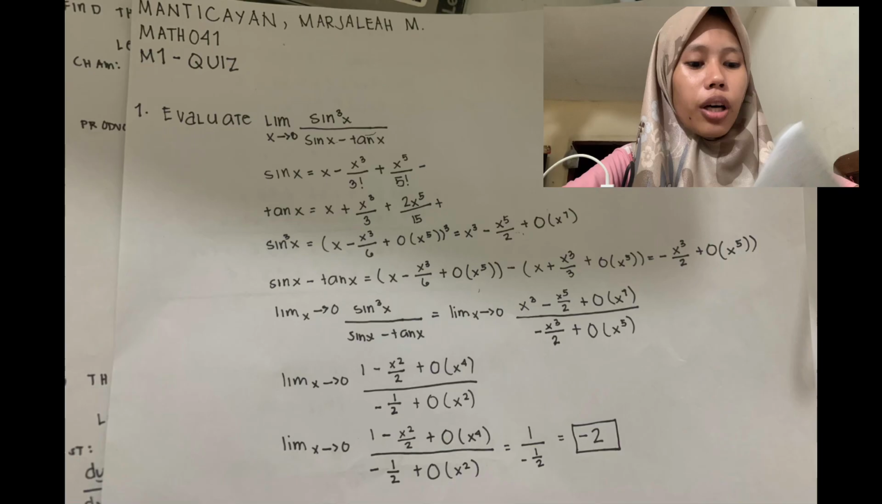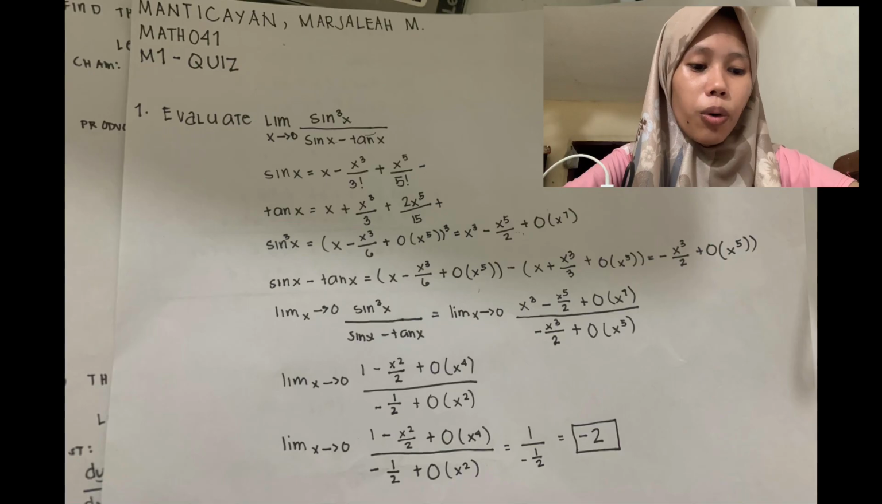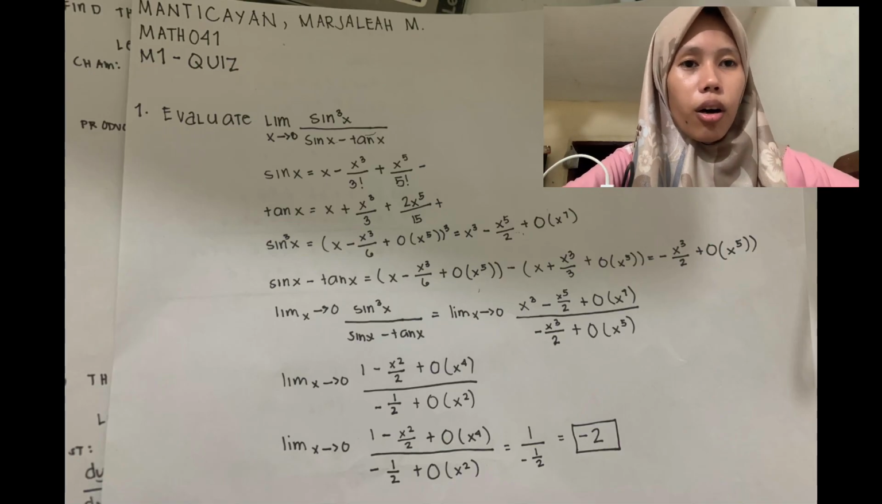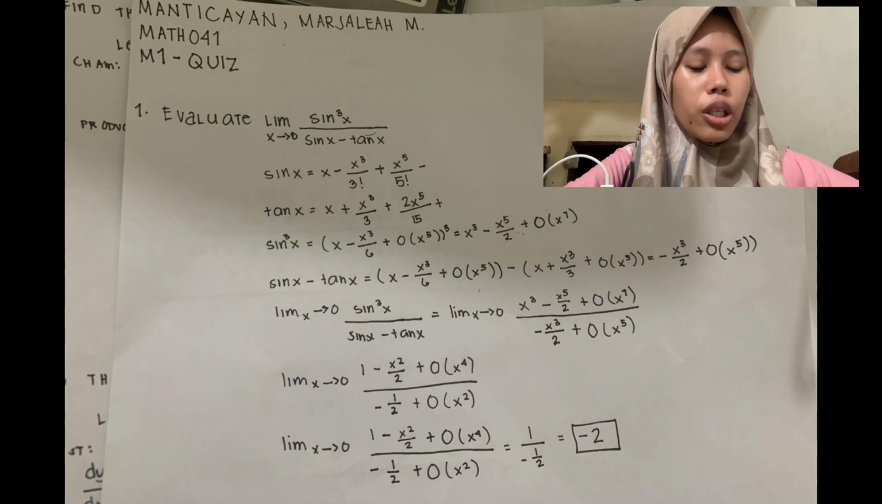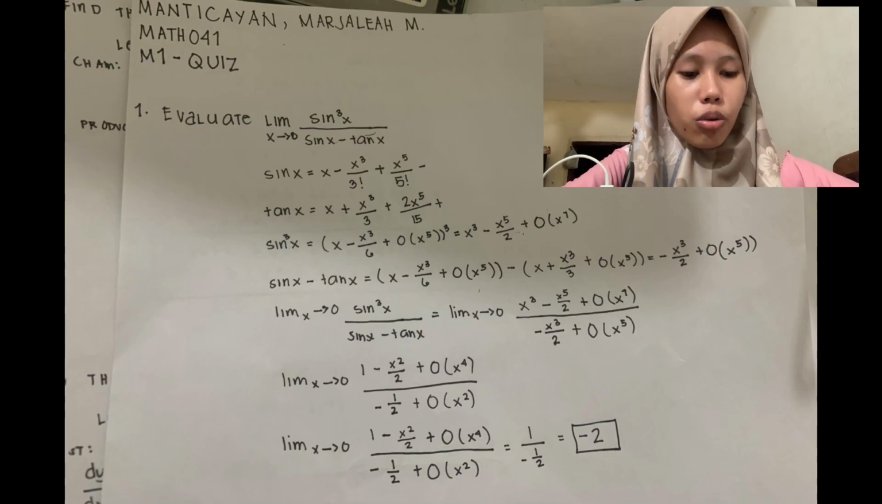If we do that, we will have the limit as x approaches 0 of 1 minus x squared over 2 plus 0 x to the power of 4, over negative 1 over 2 plus 0 x squared. As x approaches 0, the terms with x squared and higher powers approach 0. Therefore, the limit simplifies to